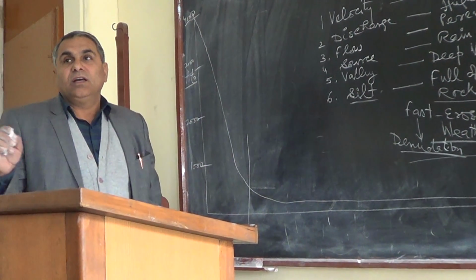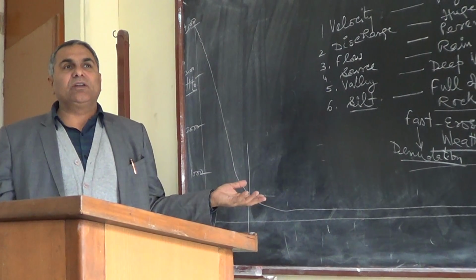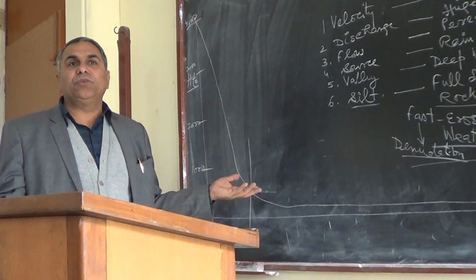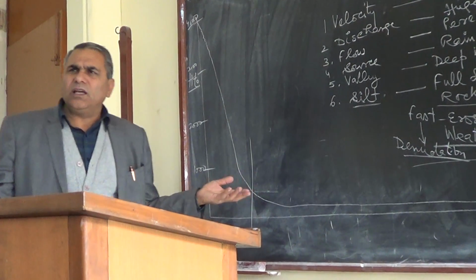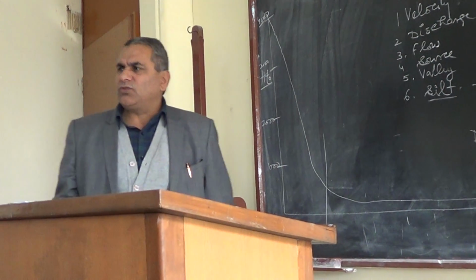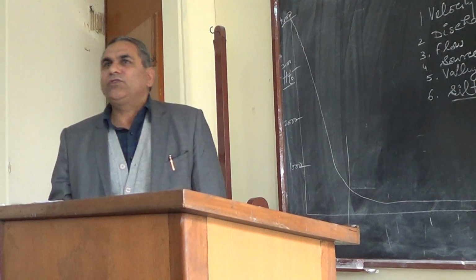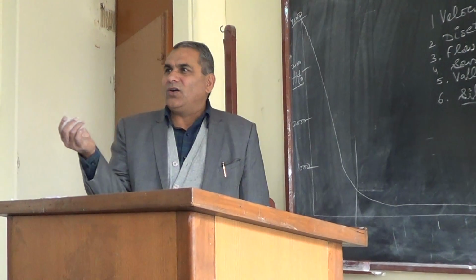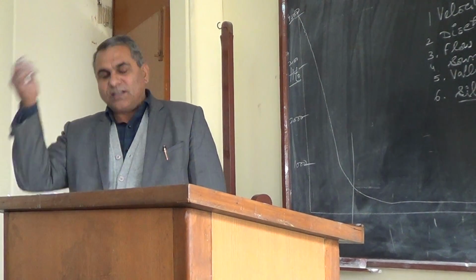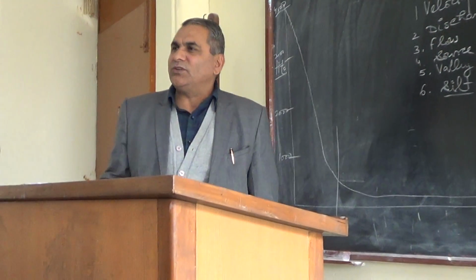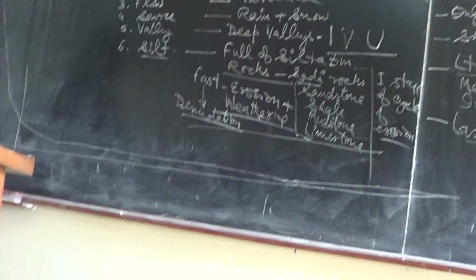Peninsular rivers: none of the peninsular rivers originates from a height of more than 1500. Narmada, for example, originates from 1050 meters. Amarkantak is 1050 meters. Godavari river